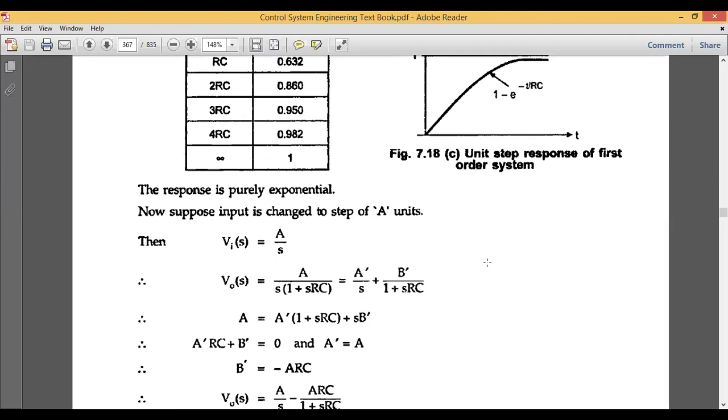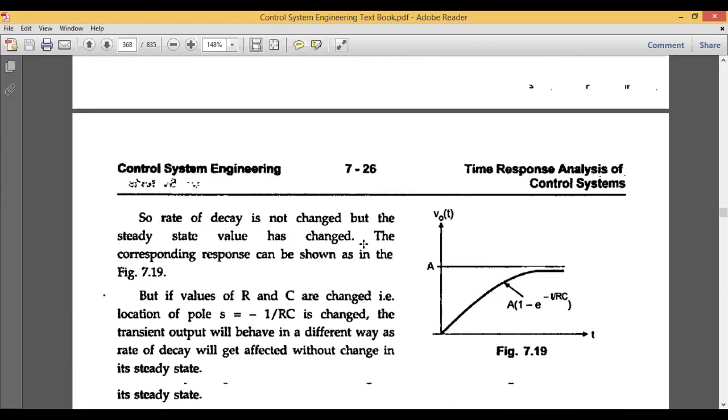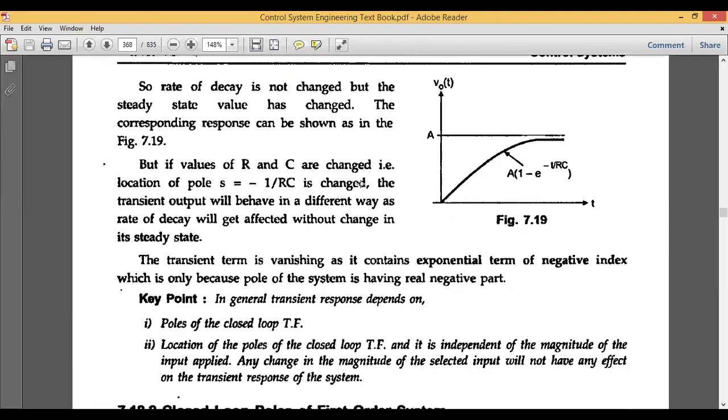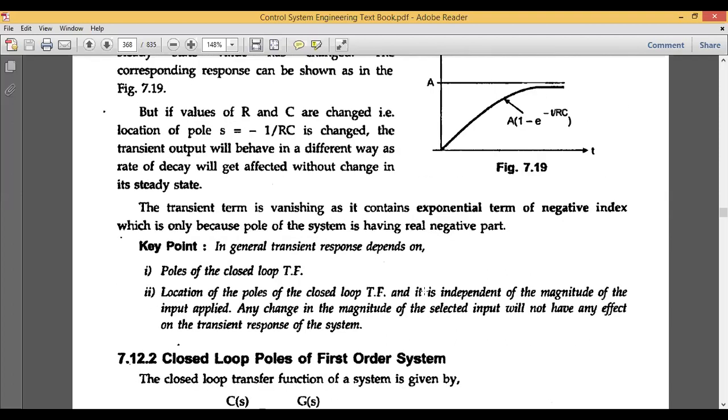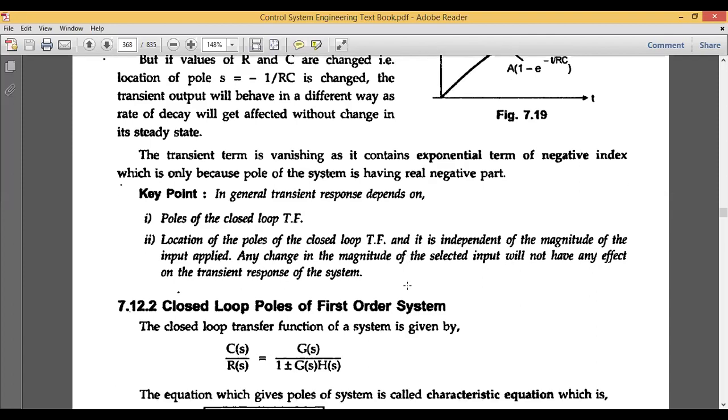Now if you want to change the signal, and you have some signal whose amplitude is equal to some A, then under those conditions, instead of writing 1 by s, you should write A divided by s, and the whole procedure follows the same. For that particular A divided by s, you will get this response. In this way we go for finding the values for all those systems. Similarly it can be applied for the second order system and other systems also.